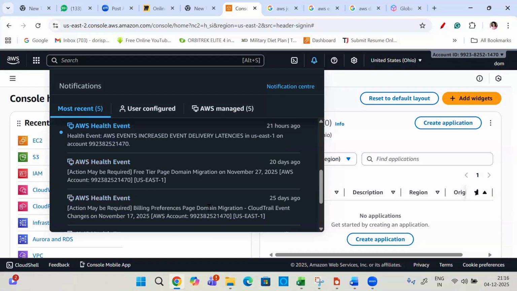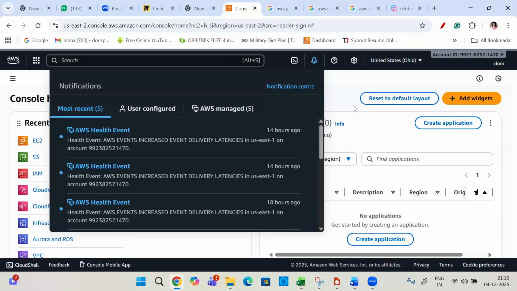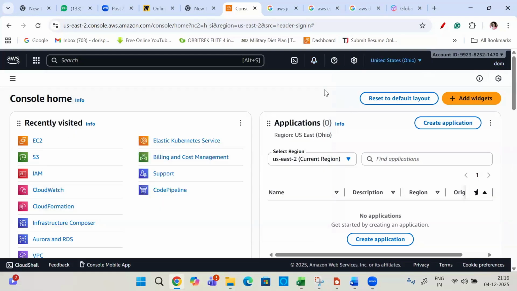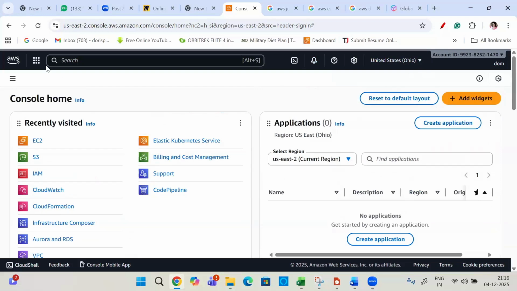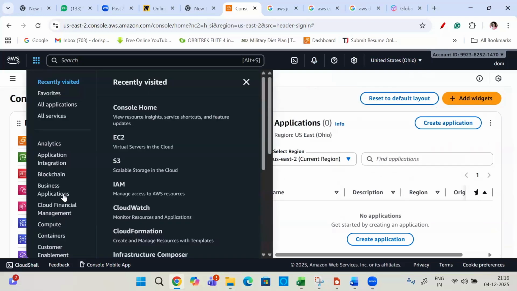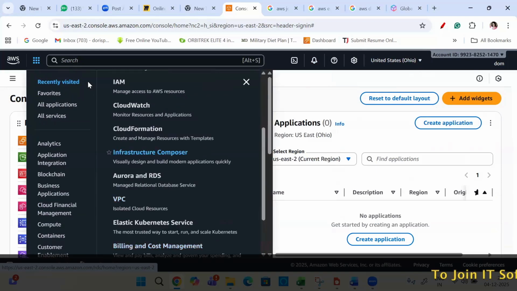Some notifications you'll be getting. This is my account, and these are the services which I frequently use. This is my console, and the four dots show the services which I can search. I can search for a particular service and look at it.